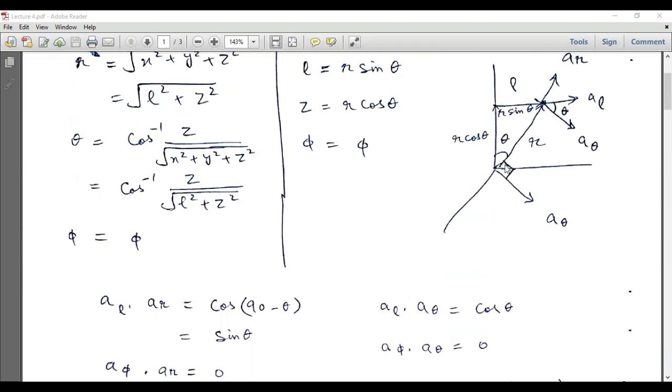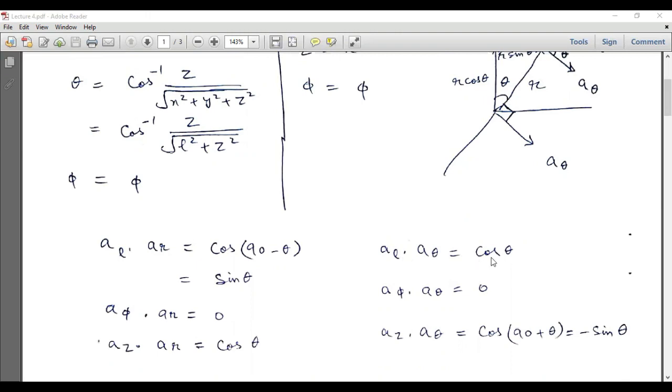Now the angle between z and r is theta, and rho is perpendicular to z and theta is perpendicular to r. So the angle between a rho and a theta will also be equal to theta. So a rho dot a theta is equal to cos theta, and a phi dot a theta is equal to 0, and az dot a theta is equal to